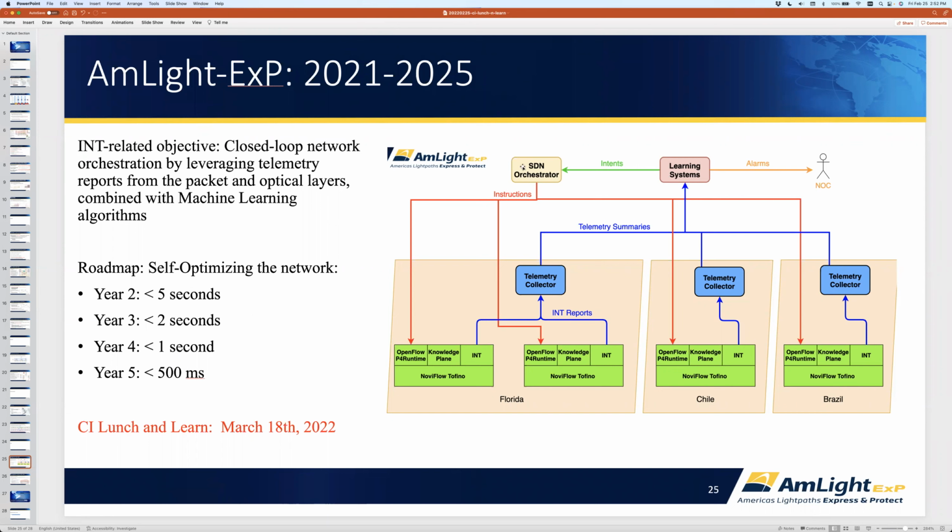And what we're doing is creating this concept of closed loop network orchestration, where the switches will export telemetry to this telemetry collector that we targeted today. And now we're creating this learning system that I was mentioning, that once it sees a spike, is going to ask for more precise information. So this learning system will also send network intents to the SDN orchestrator that we're developing,